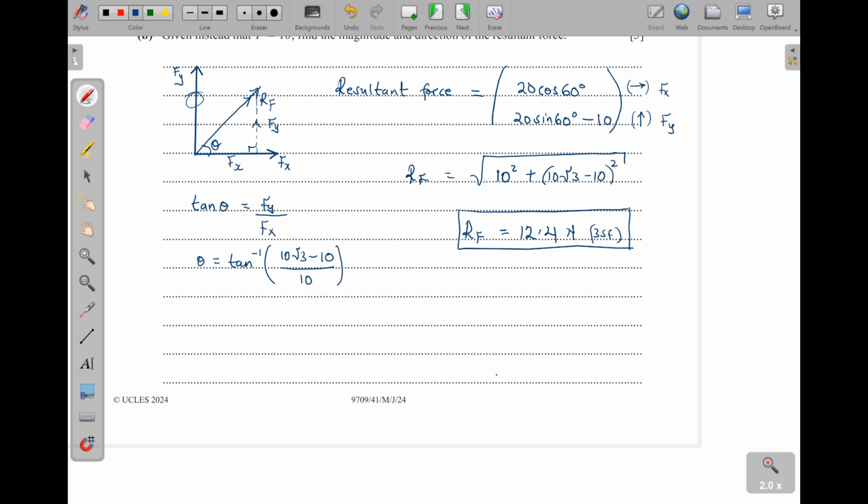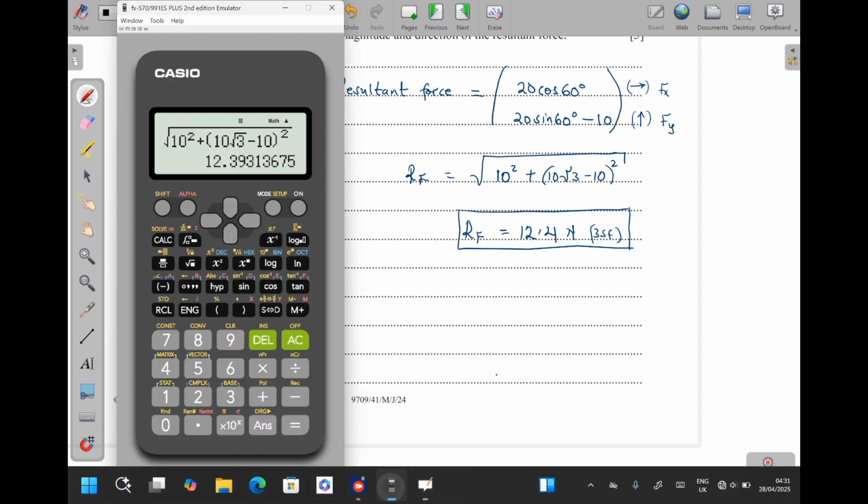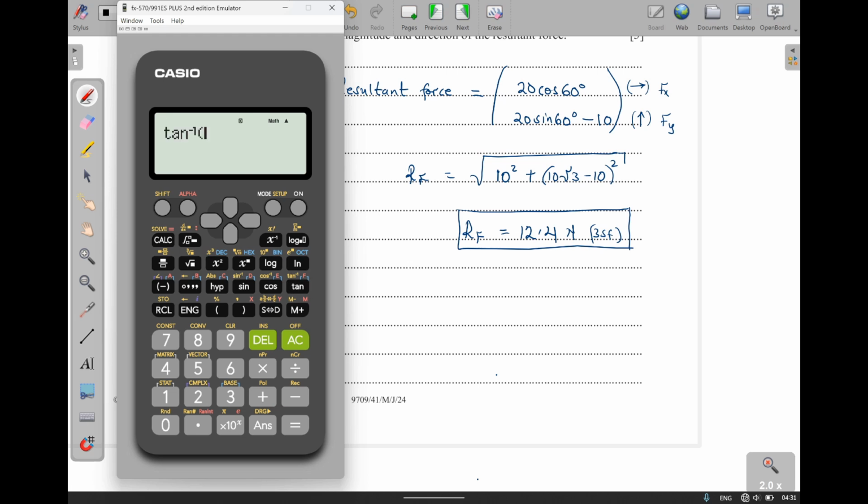The 10, of course, will cancel. So putting this in the calculator, we get the arctan of root 3 minus 1 over 1, yes, because 10 cancels, so that will be 36.2